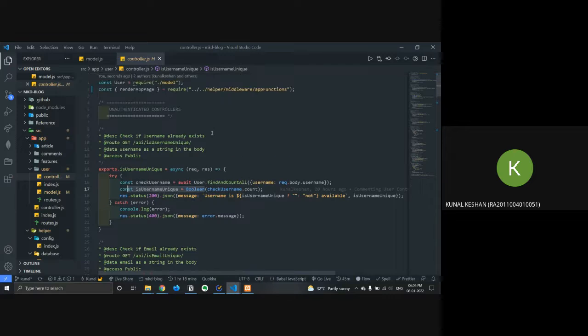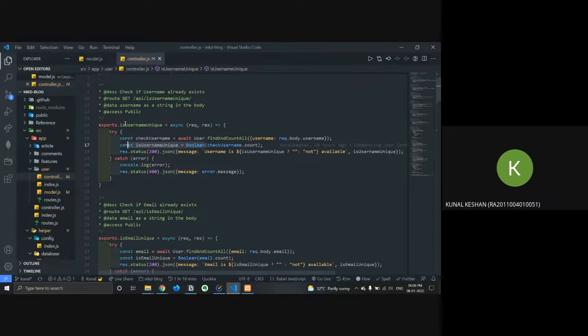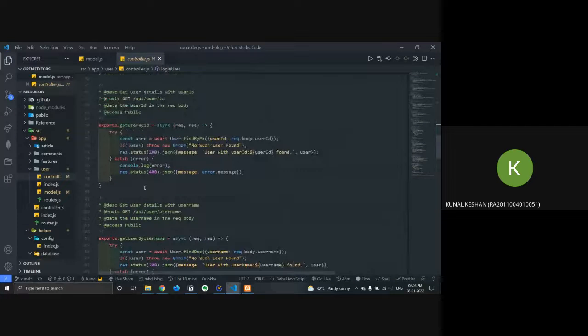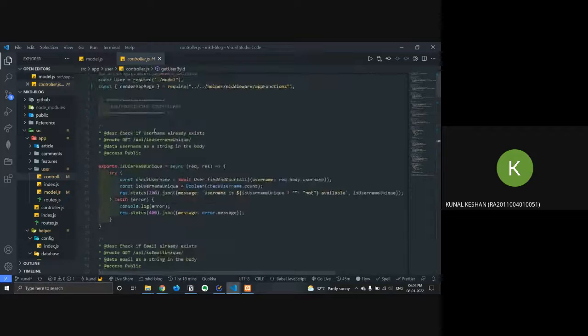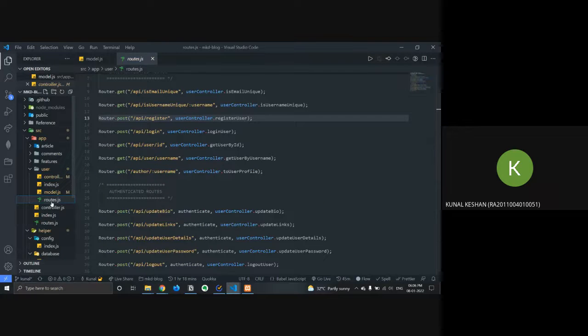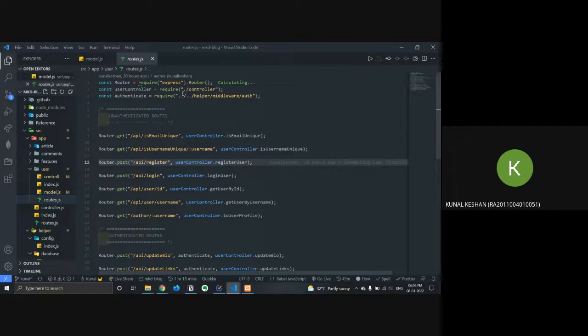So this is my controller. In my controller I'm defining various functions like this: exports.loginUser and .getUserById. These are untested, we'll have to test them out. So how do I assign them to a particular route? I'll go to my routes.js. You can see I'm getting in the user controller over here.